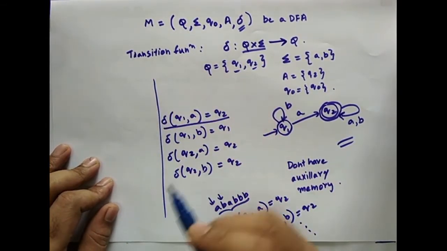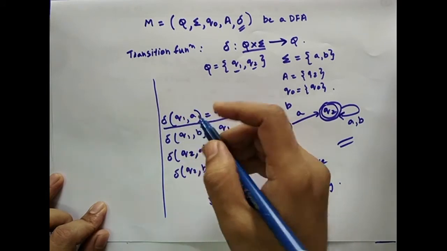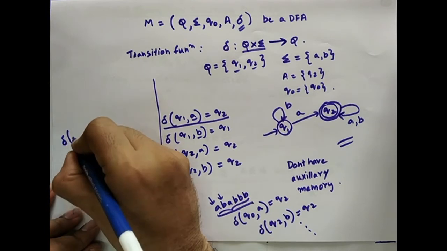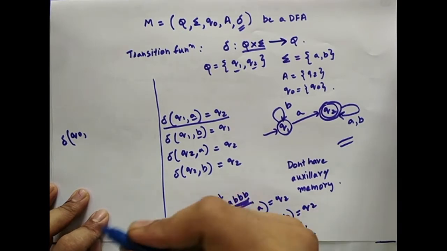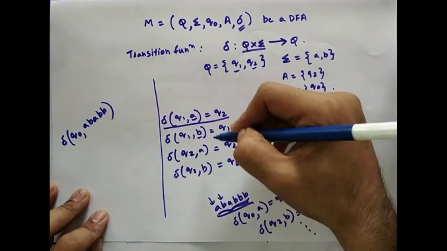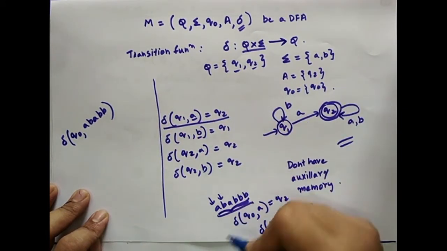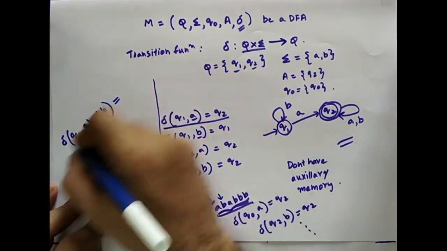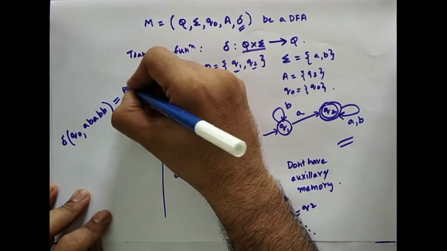Now, it would have been nice if the transition function was defined in such a way that instead of taking one symbol of an input string at a time, starting with the state Q0, it was able to take the entire string, say ABB, and not by taking each symbol in it. It would have been nice if the transition function was able to take the entire string at a stretch, and in one shot it gives you the answer whether this string is accepted or rejected based on the states that it landed in.